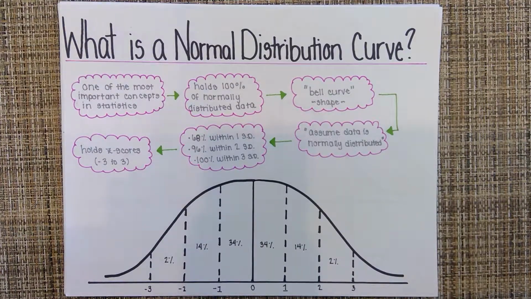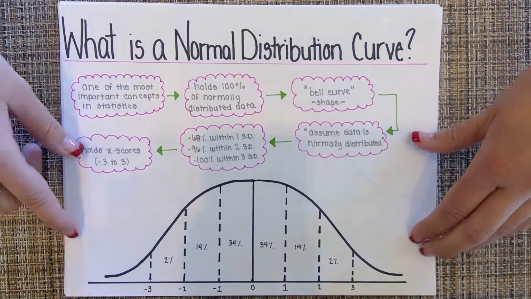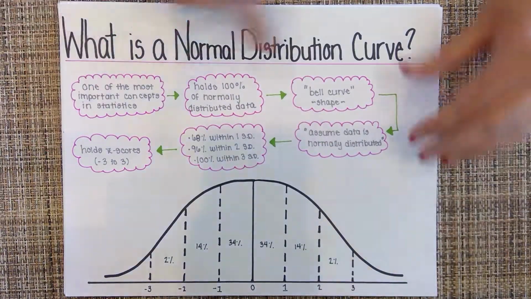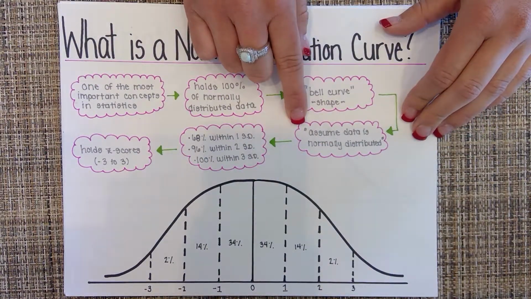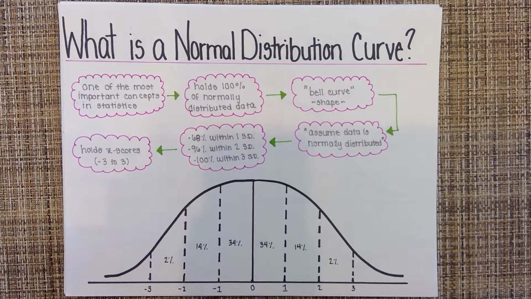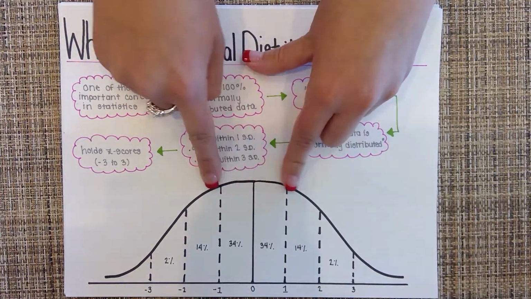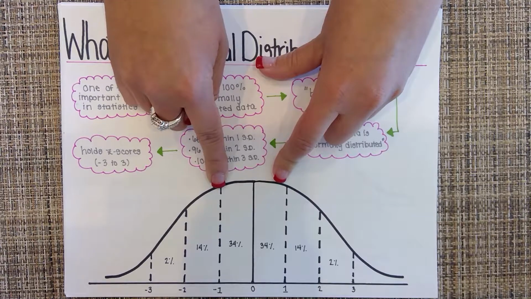What is a normal distribution curve? One of the most important concepts in statistics. It holds 100% of normally distributed data. It's a bell curve also because of its shape. It assumes the data is normally distributed. So in a problem, it may say, assuming the data is normally distributed, find the z-scores of the following scores of x. So 68% of the data is within one standard deviation on each side of the mean or 2